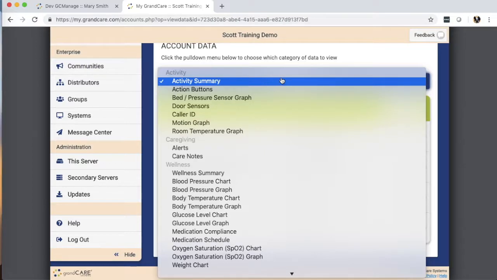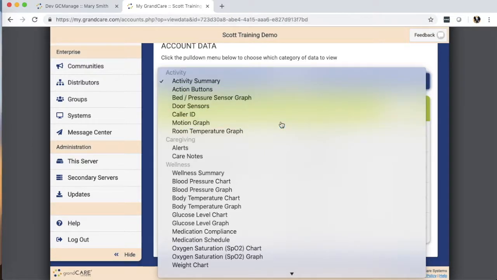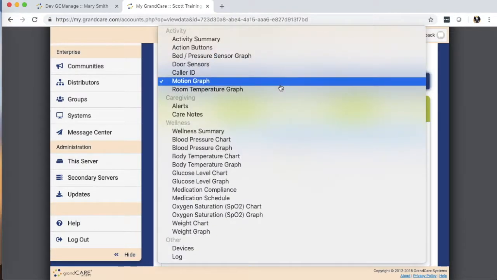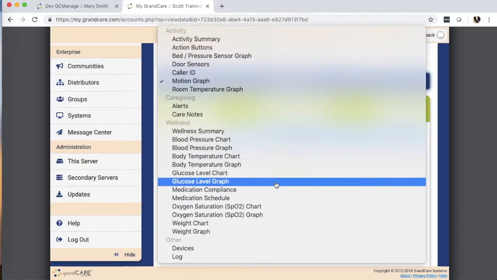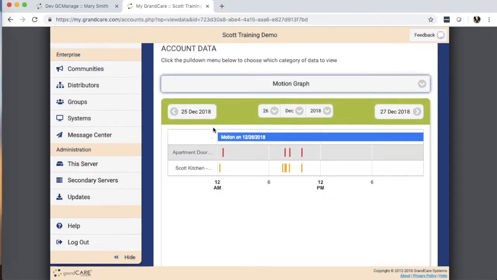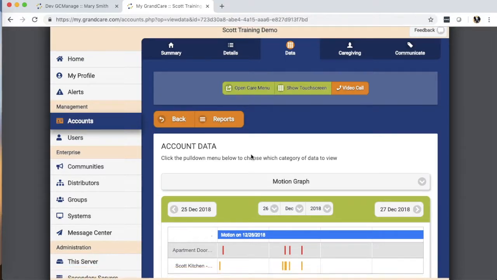And if we want to, we could see the motion graph. And here you can see there's the kitchen node, there's the front door, and so on. So there's all sorts of stuff here that we might look at, including all the health information that that system might be collecting. So just so you know, that's what you find in the account data tab. Let's move on